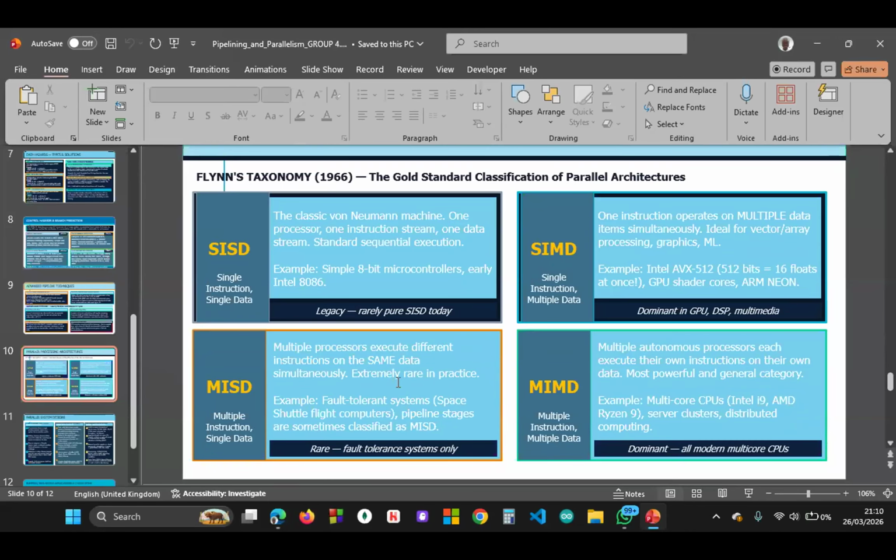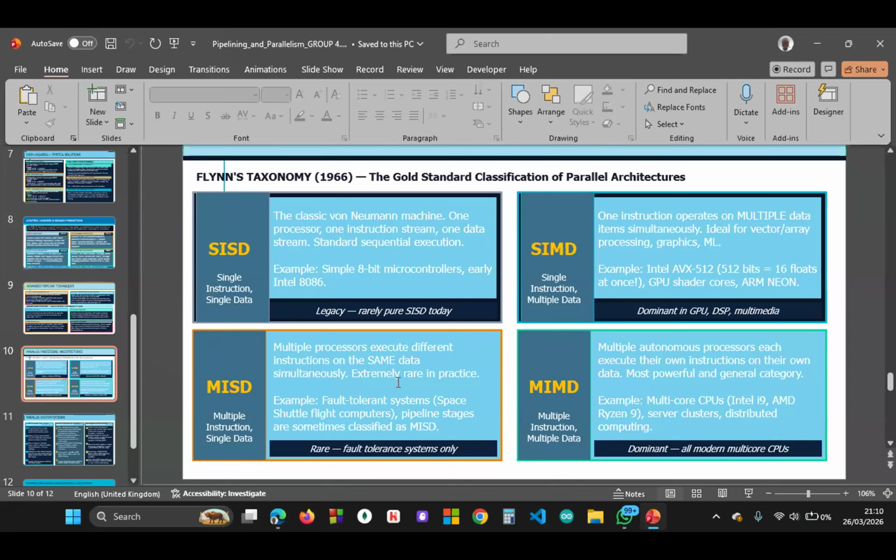3. Multiple instruction, single data, in short MISD. Multiple processors execute different instructions on the same data. Example, fault tolerant systems. Space shuttle flight computers. Pipeline stages are sometimes classified as